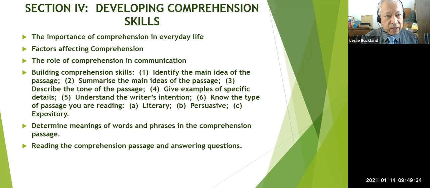In the 4th year, you'll be looking at developing comprehension skills. The importance of comprehension in everyday life, factors affecting comprehension, the role of comprehension in communication, building comprehension skills such as 1, identify the main idea of the passage, 2, summarize the main ideas of the passage, 3, describe the